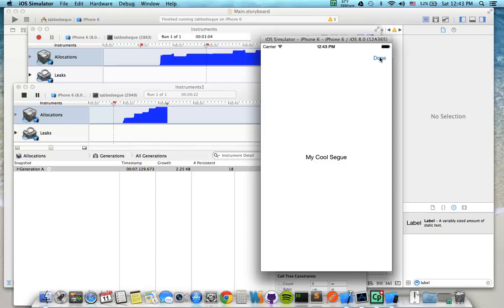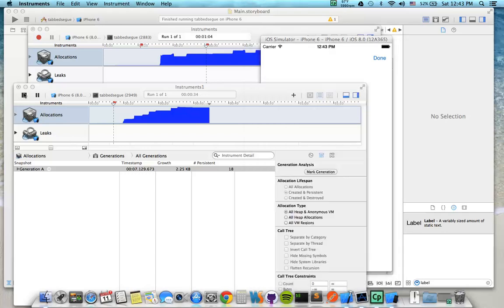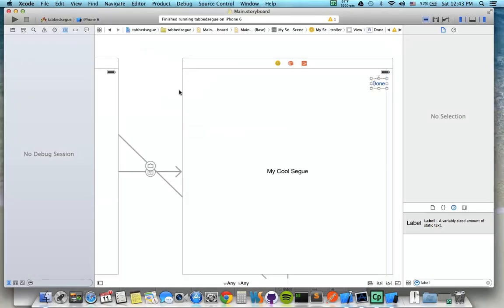So do not do this with your application. Eventually, you'll run out of memory, but you're basically behaving very poorly in the iOS world. So don't do this. Follow the first part of the example. Get rid of these segues. You don't want a circular segue. So anyway, hope you